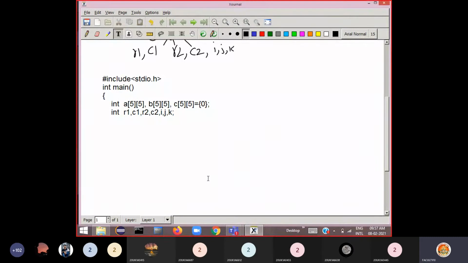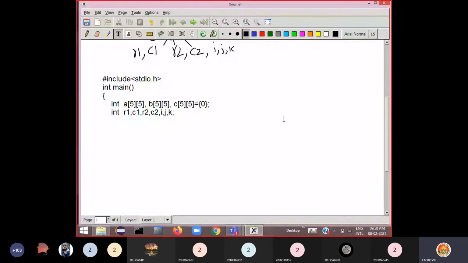I told you, in a one-dimensional or two-dimensional array, if you give only one element, then the remaining elements will be initialized to 0. So here I am providing only one element. 5 by 5 means 25 elements I need to supply there, but I am only providing 0. Then the remaining 24 are also initialized to zeros. That means this entire C matrix is initialized to 0. Otherwise, garbage values will be present. Why I am initializing, I'll tell you.